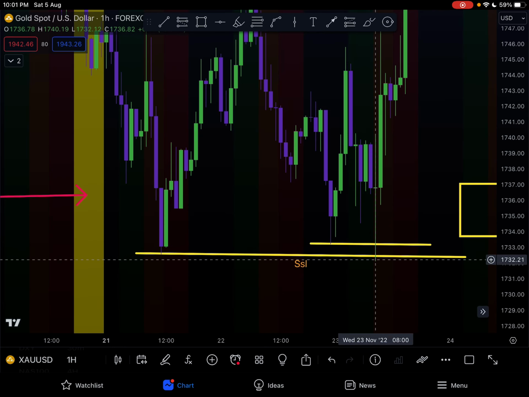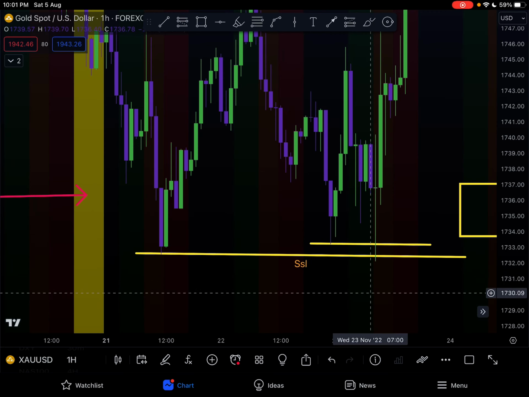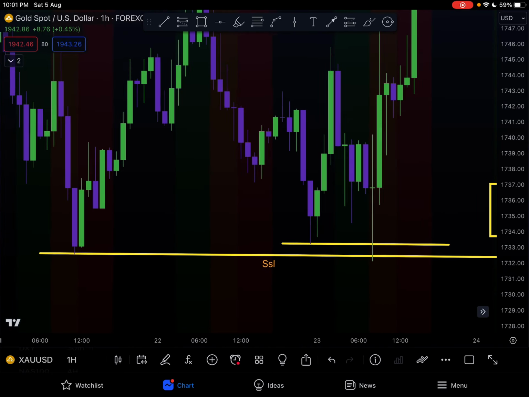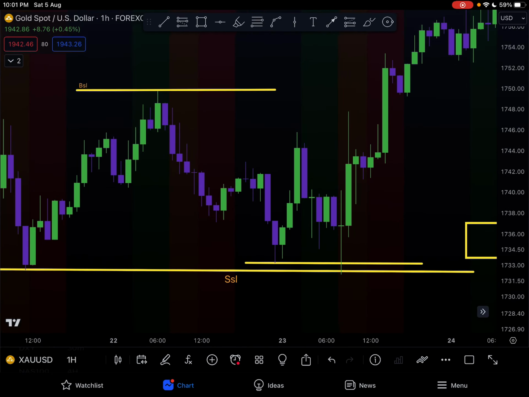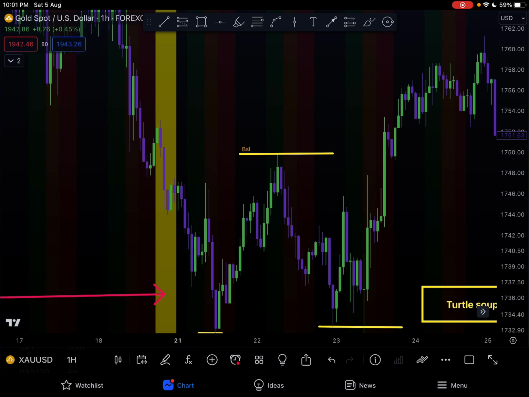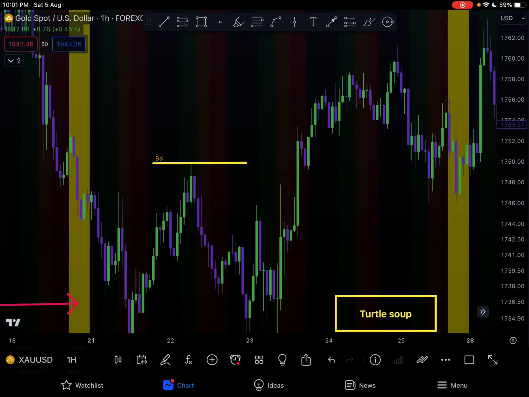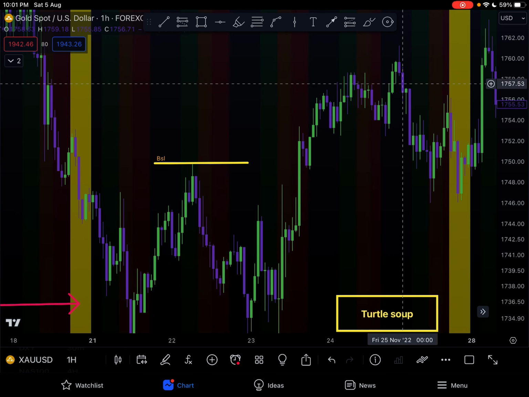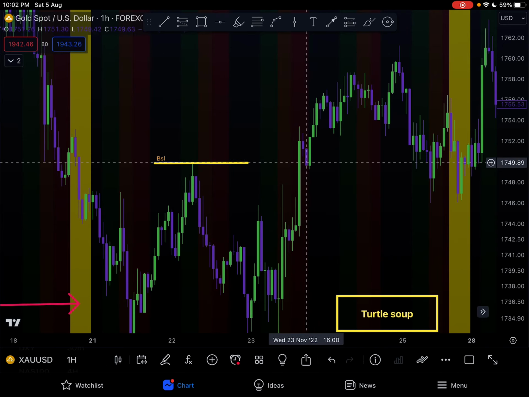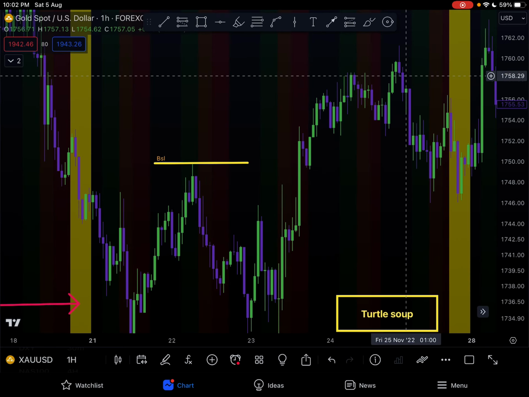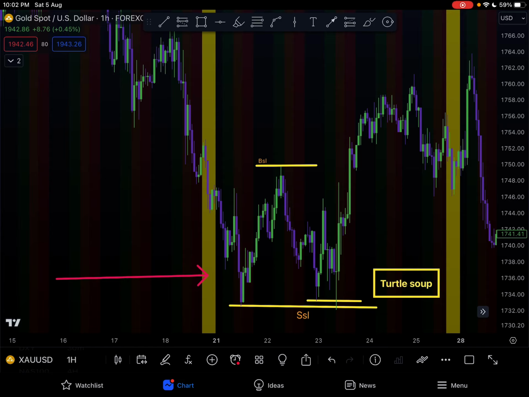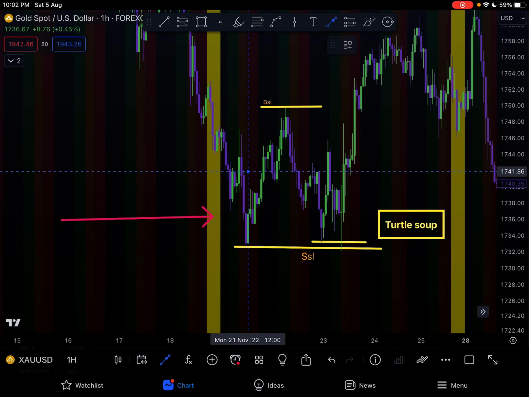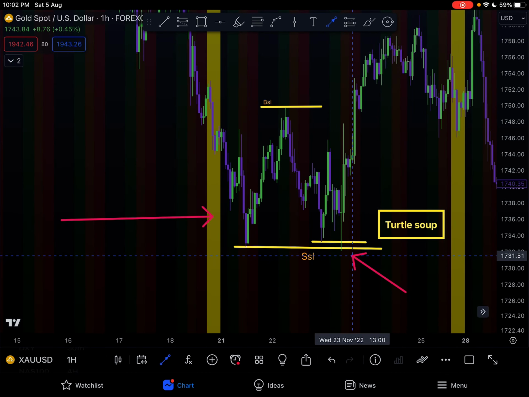Imagine if you got right down here at 1732, or even if you got it at 1733 and a stop loss of 1730 or 31. Look at that. Beautiful run, man. And you have not just a whole day's range. The rest of the week is yours, pretty much till Friday. You could run that from Wednesday to Friday. You literally have the lowest point of the entire week. Is that not significant to you?